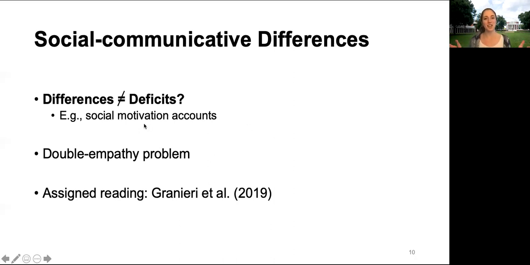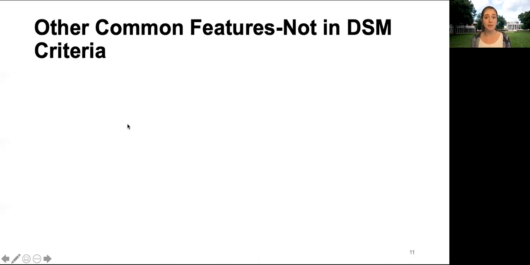So that generally is all focusing on behaviors that fall in the social communicative domain. But there are also some other features of autism that aren't included in the DSM, but are commonly experienced and found among autistic people. One of those is sensory differences. Some people describe experiencing hyper or hyposensitivity. That could look like an autistic person who's very sensitive to the light and the sound of fluorescent lights, or an autistic person who is sensory seeking and might seek out different textures